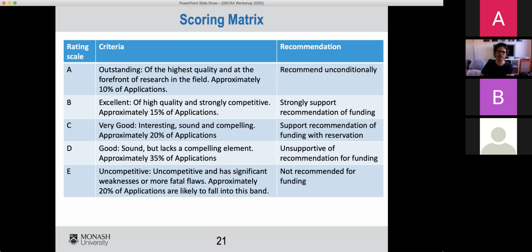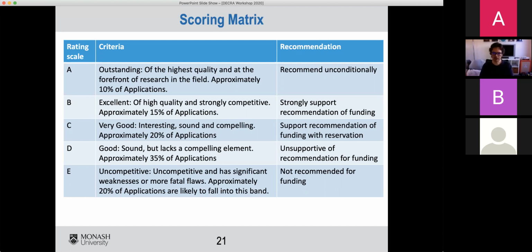If you really like a grant as an assessor, and you've done this a few times, what you typically will do is, if you've scored everything in A and you think this is great research that you really want to get funded, you will use the word outstanding liberally throughout your assessment so that you can back up your score.